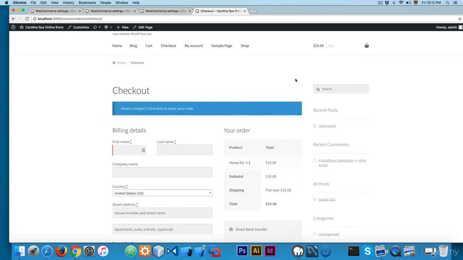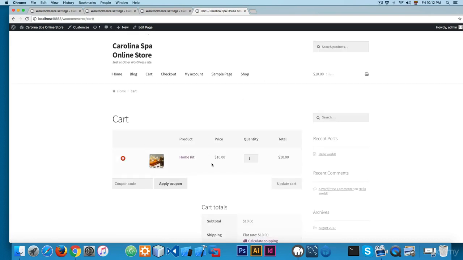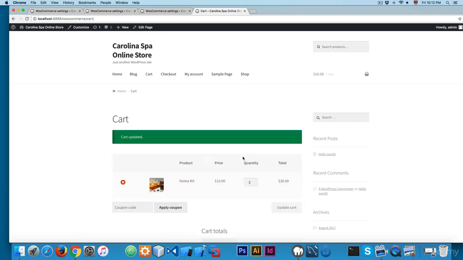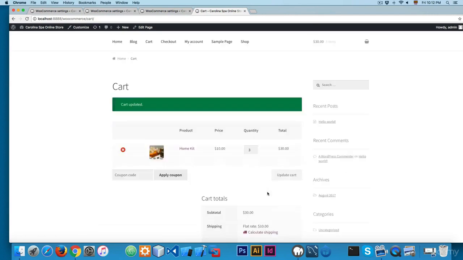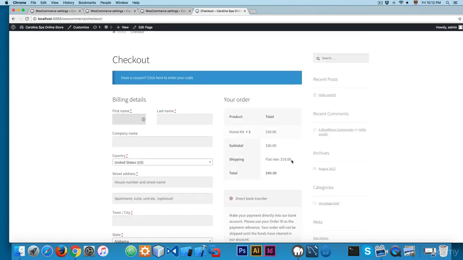Problem is, for example, it's really common. You can see that we only have one item. But let's say that the user is buying 20. Update the cart. Well, let's add something like 3, because the stock is 3. You can see if I click here on proceed to checkout, you can see that we are charging 10. So maybe you wanna charge based on the amount of products that the user has in the cart.